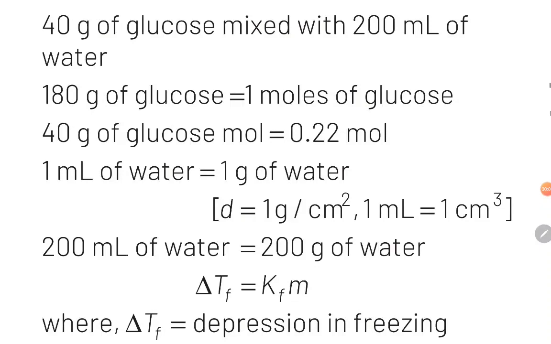Yes, students, we'll start this question by first calculating number of moles of solute. Guys, number of moles of solute will be equal to given mass of glucose divided by molar mass of glucose. Given mass of glucose is 40 grams and molar mass is 180 grams. So the value becomes 40 upon 180, which comes out as 0.22 moles. Guys, after this we also need to find mass of solvent. It is given in the question that we have 200 ml of water and therefore mass of solvent will be 200 grams as density of water is 1 gram per milliliter.